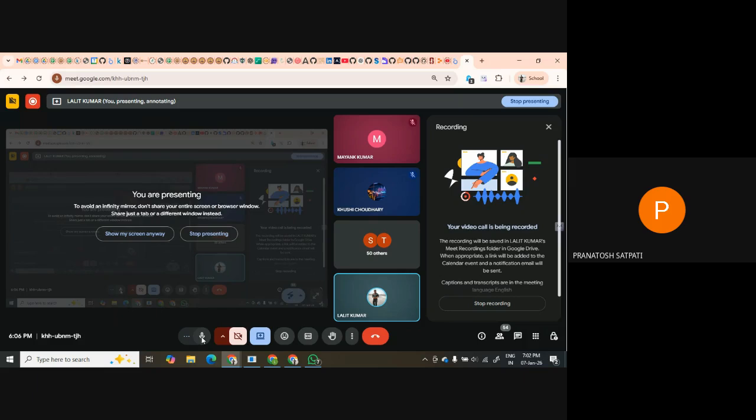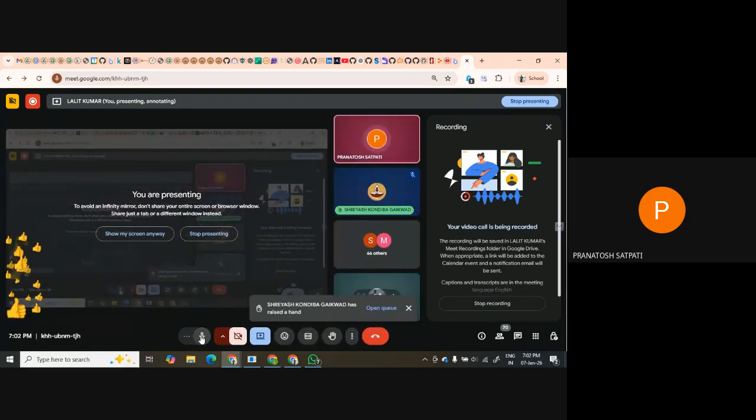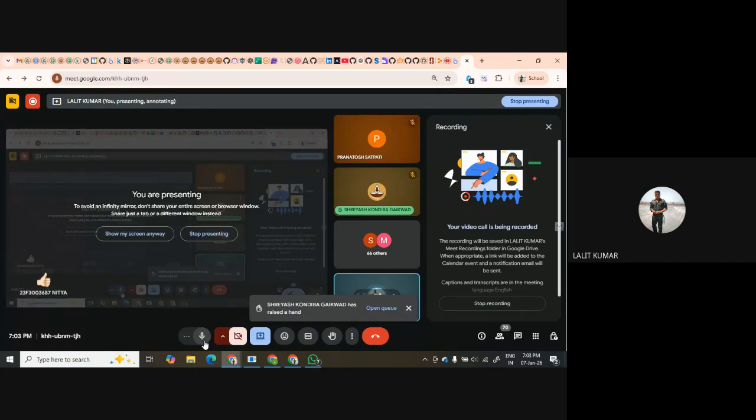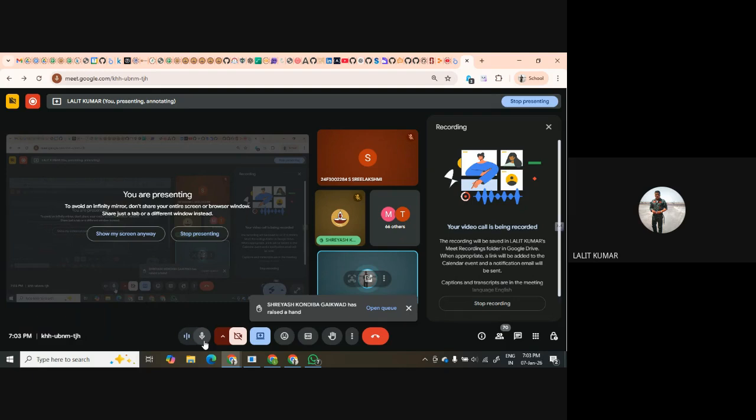Sir, just one small doubt. You mentioned Beautiful Soup parsing or the CSV modules. Will these be needed for the assignment or the evaluation? No, they will not be required. Just to give you some additional information, I have covered certain features of pandas. Otherwise, the basic objective of this workshop is to know the features of NumPy and Pandas which are basically used in the data science domain. So for the assignment, they will not be there.